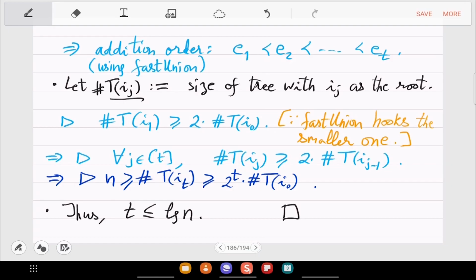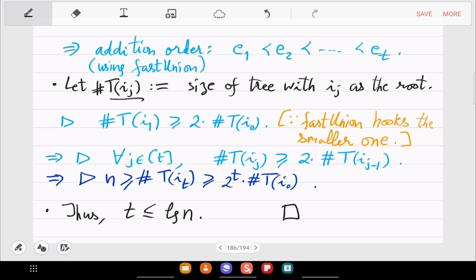So this is a simple proof, but it is using this clever step which we did in union. Okay, using the size. So what we have shown is that height of any tree in this forest of sets, collection of sets, is at most log of the number of elements, which is n.